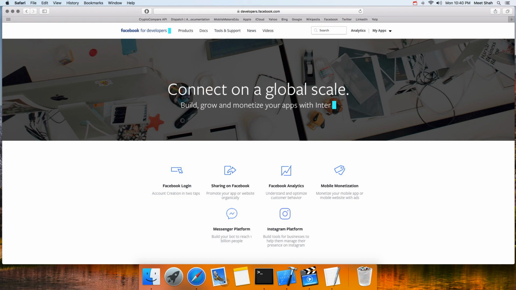So in this video today, we're going to explore how to integrate this API in an iOS application. We'll start with registering our new app on Facebook, and we'll create a new Xcode project, integrate the API with a little bit of Objective-C coding, and